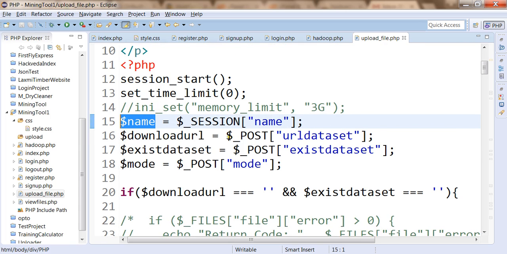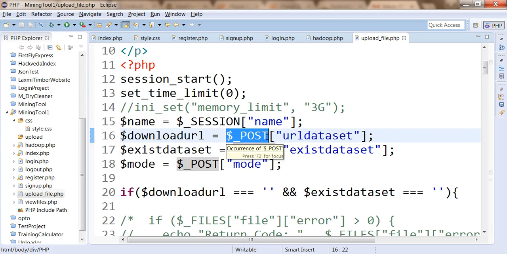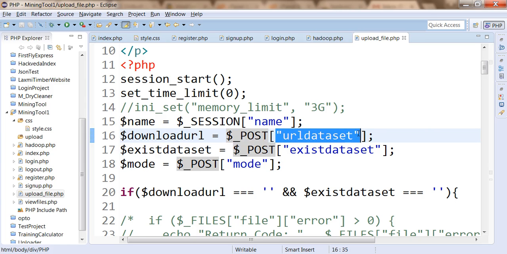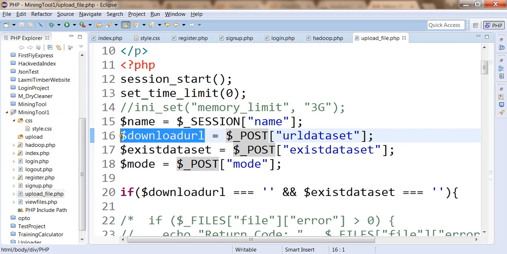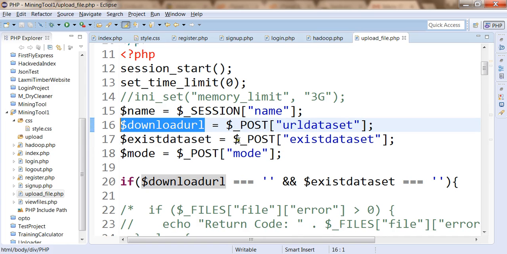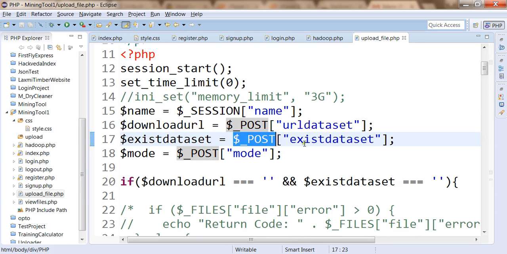Then we're going to read the post request, and from the post request we want to receive the value for the key URL data set. The value will be stored in download URL, and we're going to check the parameters which we have received in the post request for the key exist data set.